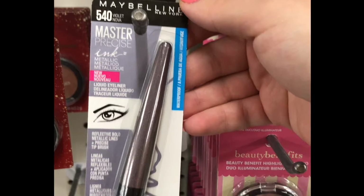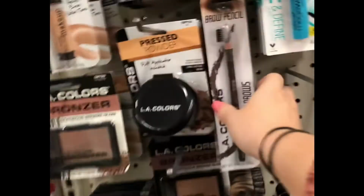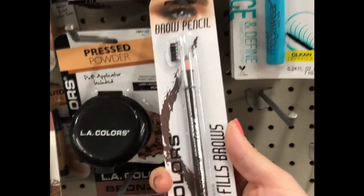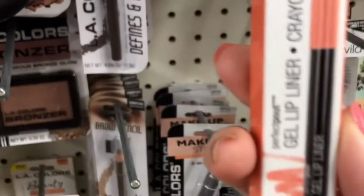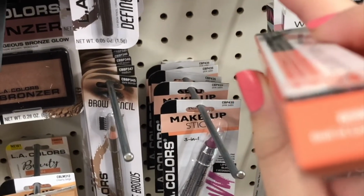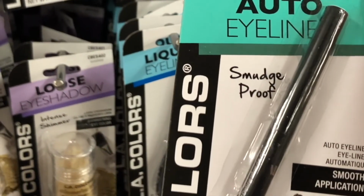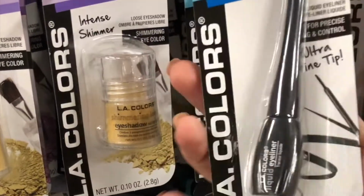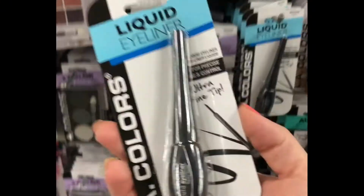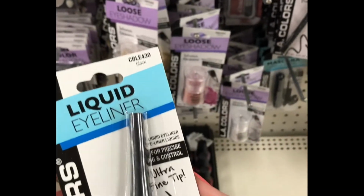Okay, this eyeliner would be perfect if it wasn't purple. But I don't do purple. Okay, here's a brow pencil, and it's got a little spoolie on it. Okay. What? This is like a bright lip liner. Here's an auto eyeliner. We'll get that. The roll-up kind. And there's also a liquid one. I guess this will have to do since I can't find a black in the pen or the marker that